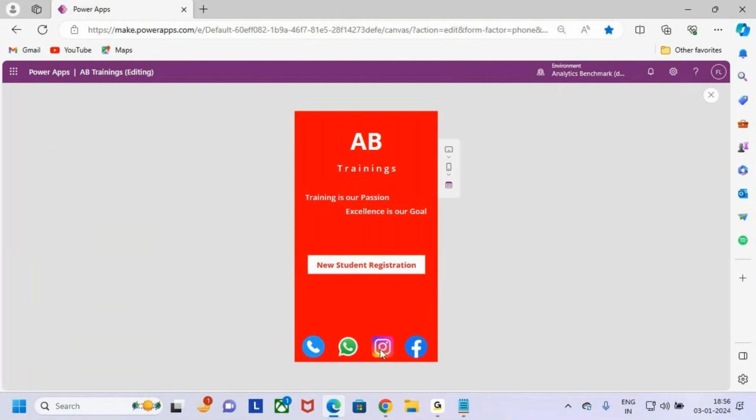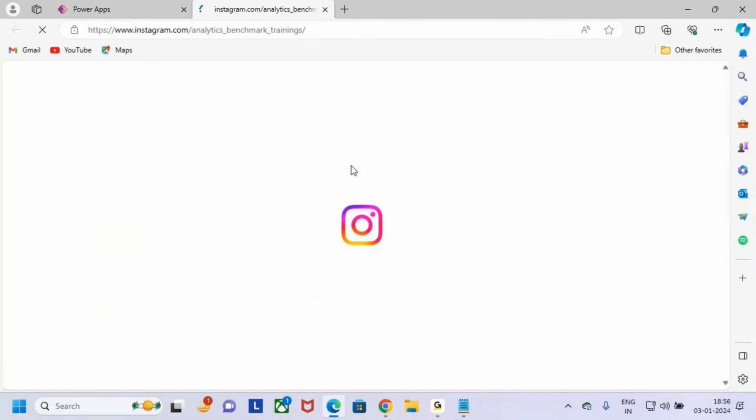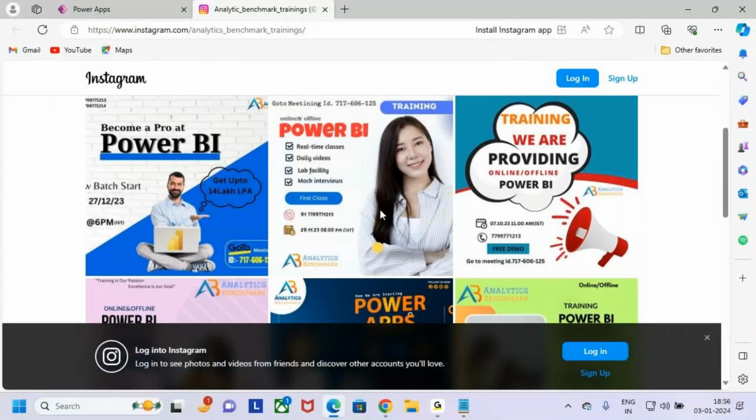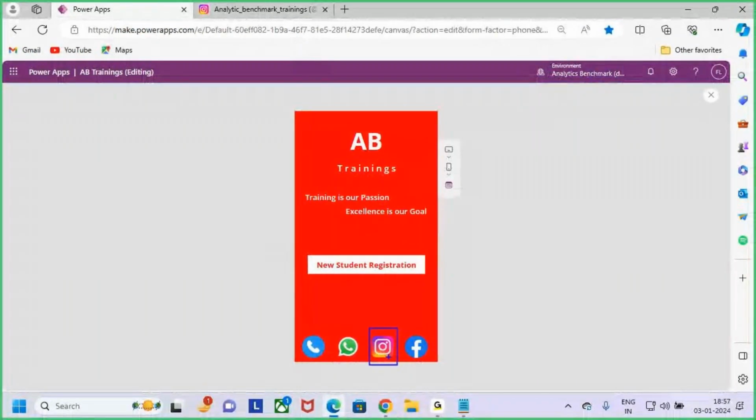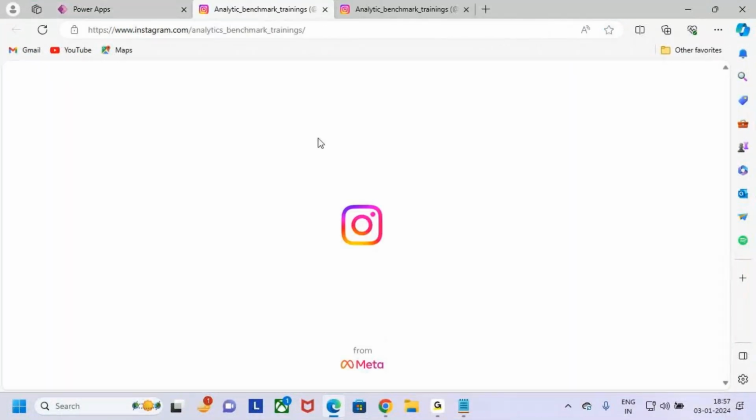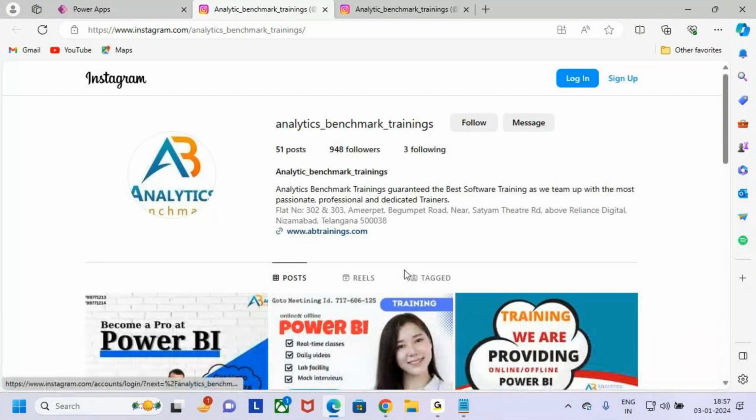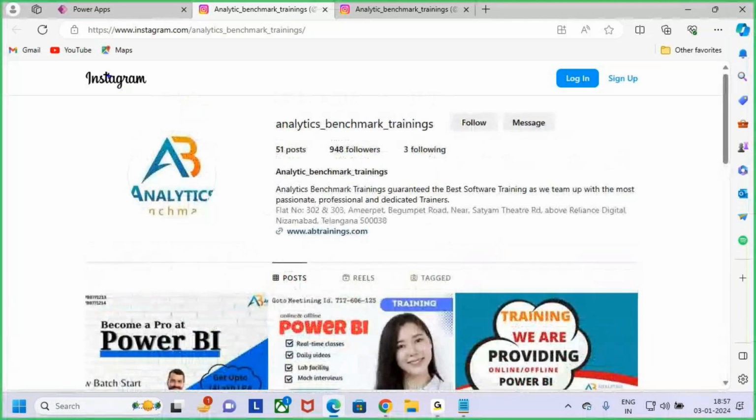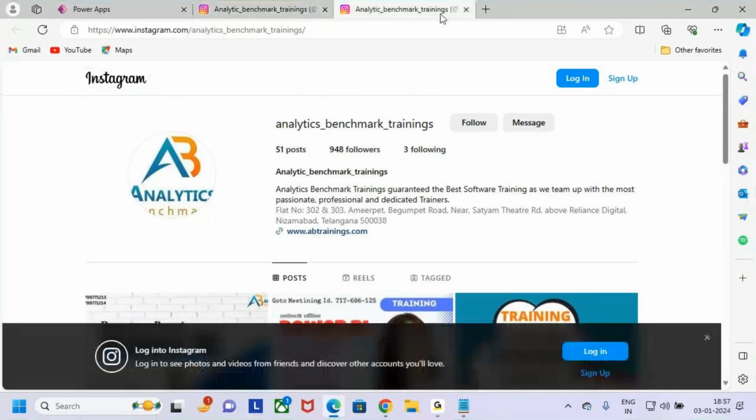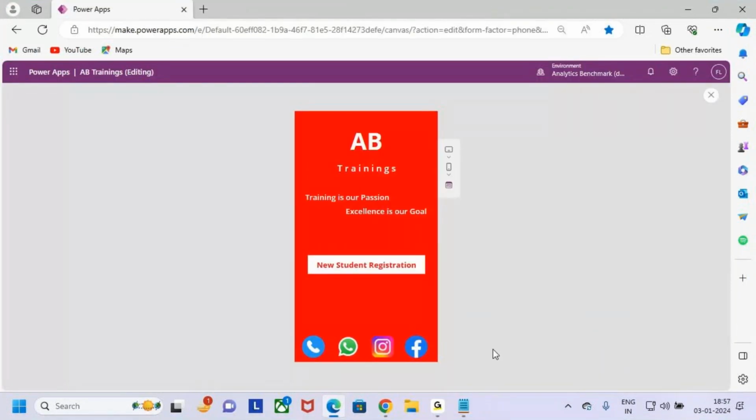First, let me check the Instagram. Now see, when I click on the Instagram, is it directly opening the Instagram account or not? When I select this Instagram icon, directly it is going and opening the Analytics Benchmark Instagram account. And in the same way, when I click on this Facebook,